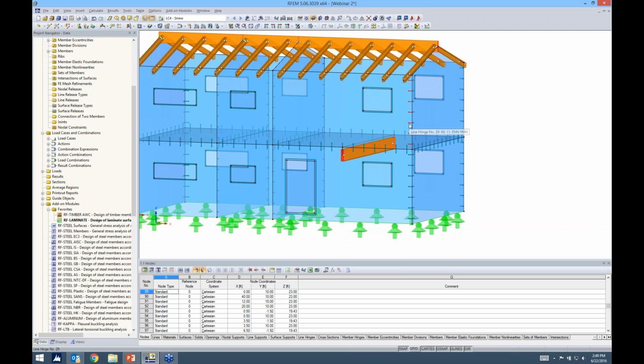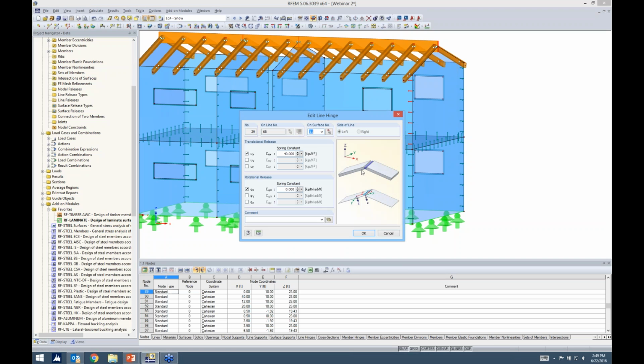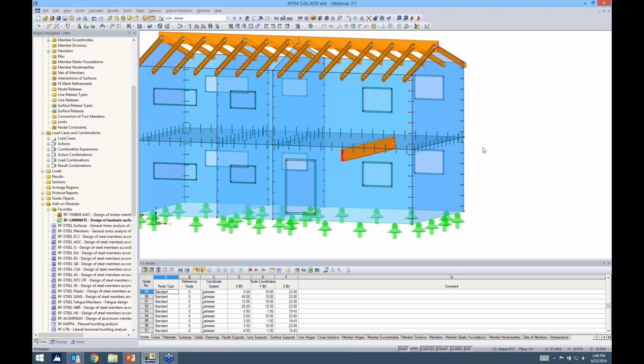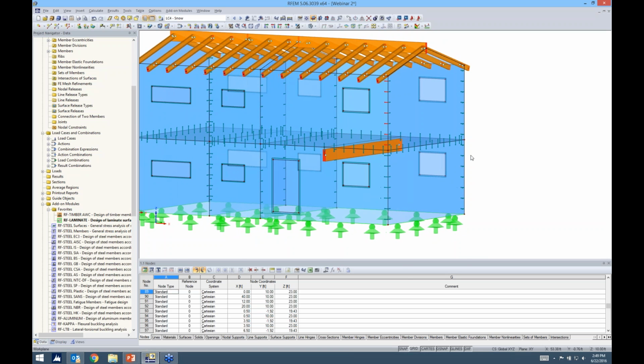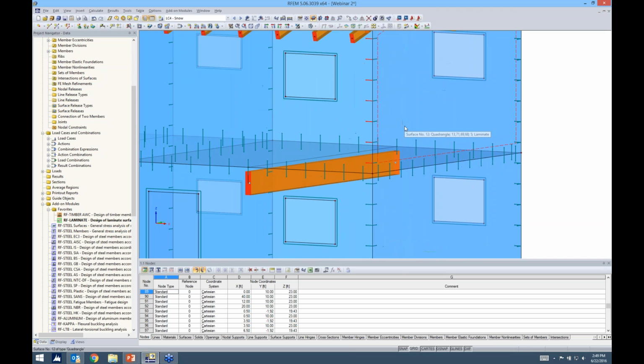And I can see these line hinges, I can double click them, I can edit them individually. So, you know, it's a nice feature to use that tool. However, there's one thing that we do need to clean up. Just like the example where you have two members that are framing into each other and you cannot define the